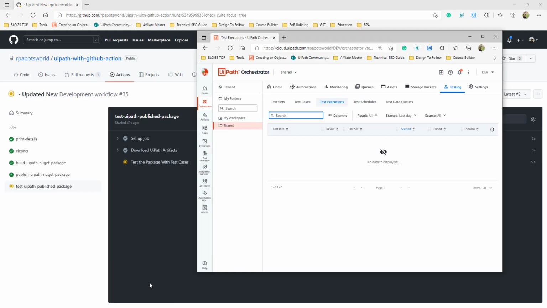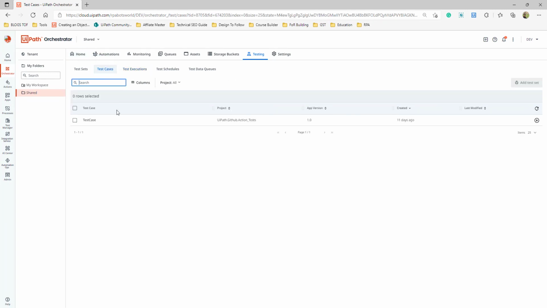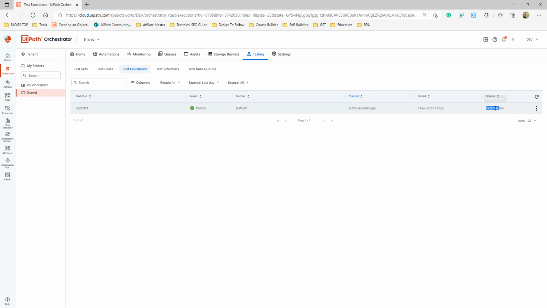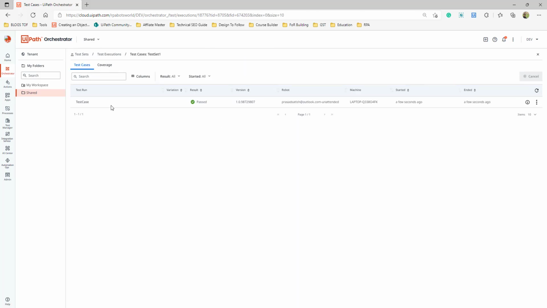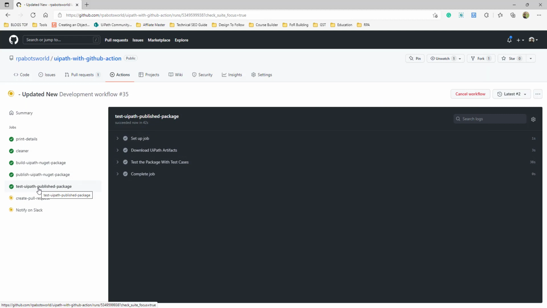Now you will see the test case is this one. This is the test set, and this is the execution from a few seconds ago. Source is external tool, and if you look at the detail, you will see that it has completed this particular test case as well. So with this, the testing of the UiPath package is also completed.